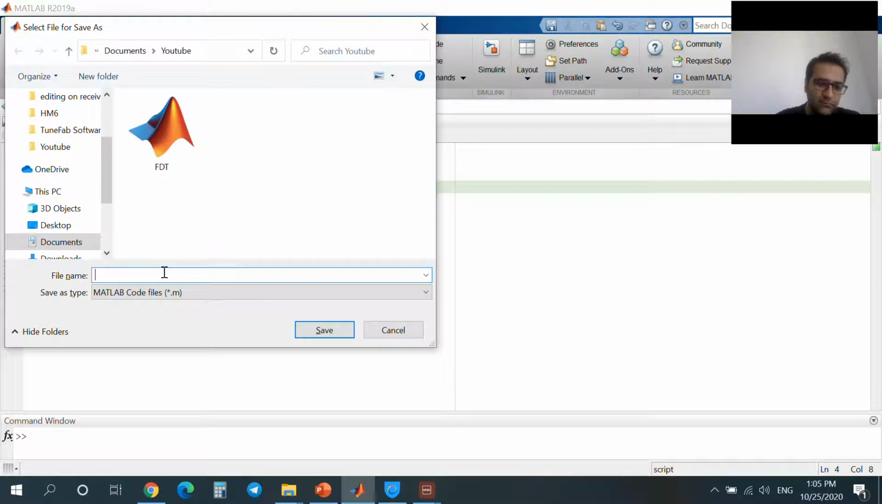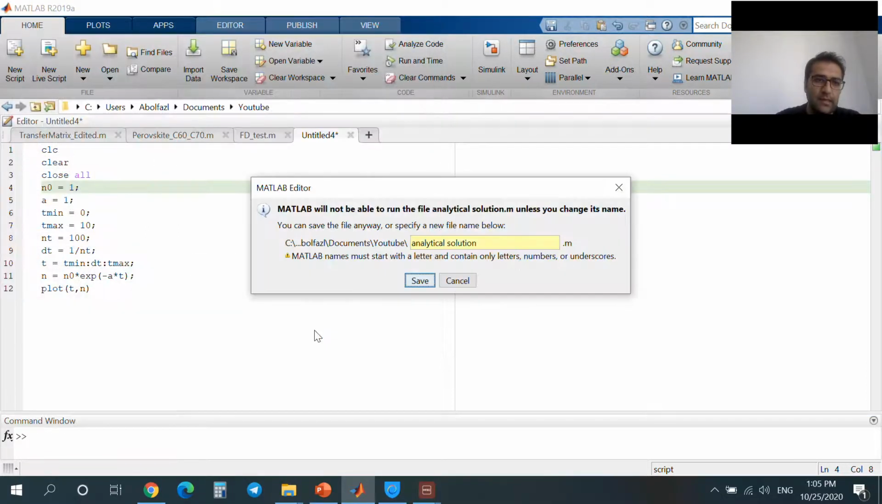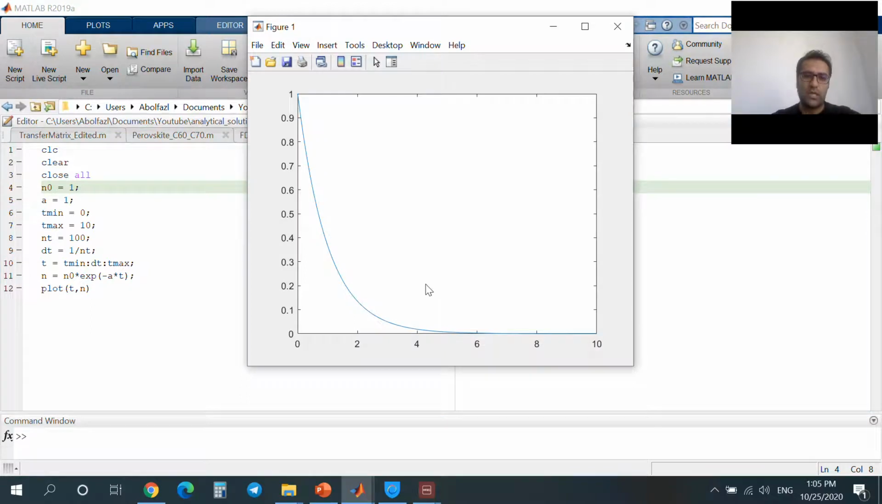Analytical solution, right? Solution. Okay. I should put an underline here because there should not be a space. When we save the file name, there should not be any space between the letters. So I just put an underline here. So it works. Okay, you see, here, as we predict, n is just exponentially decaying, and at the